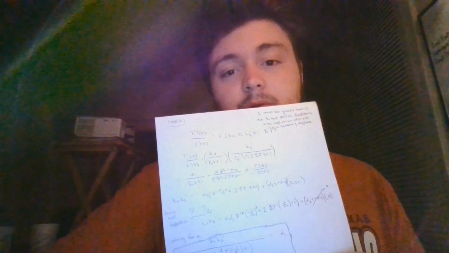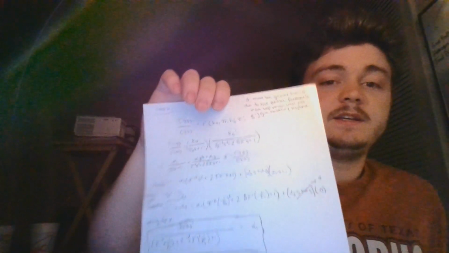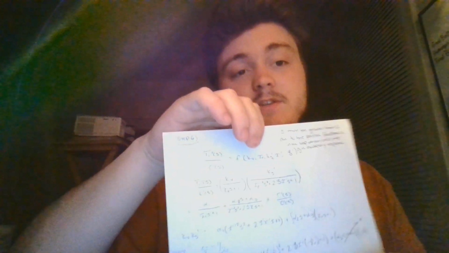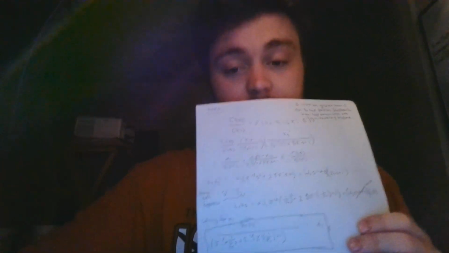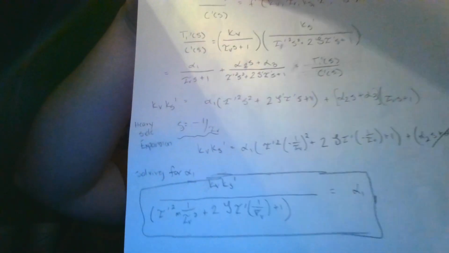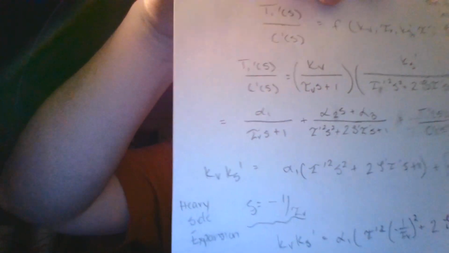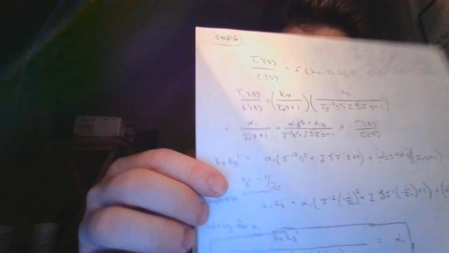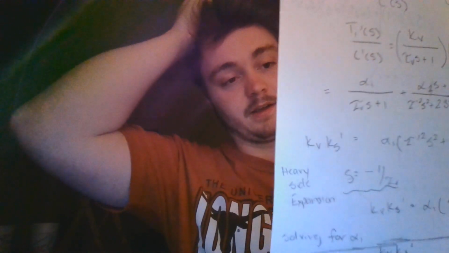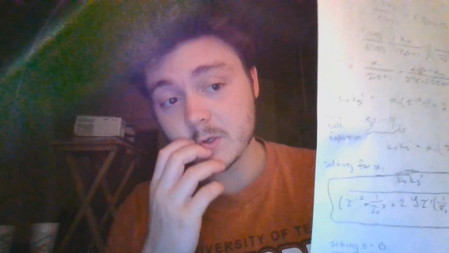Following this, we then analyzed the exit temperature with a test set of variables, and this was very important for solving for the relationships inside of the reactor and the temperature that would then be fit to the outlet temperature model inside of the reactor. We did this by using relationships found between the outlet temperature, and in doing this, we were then able to use a Heaviside expansion to use the form of this